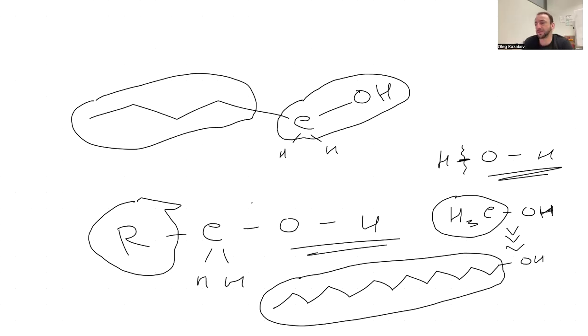So that's again something to keep in mind. In a lot of cases we need to be able to compare molecules. What do they have in similar? That's going to be the OH group. What do they have in common? That's the OH group. What do they have not in common? That's going to be methyl versus this huge alkyl chain. So you need to be able to pay attention to details